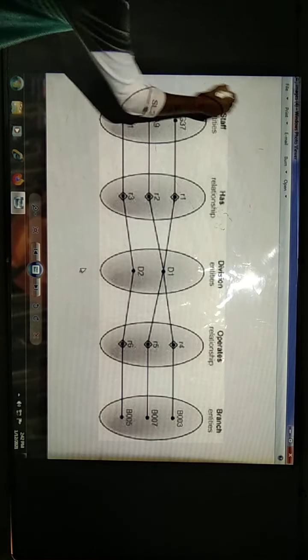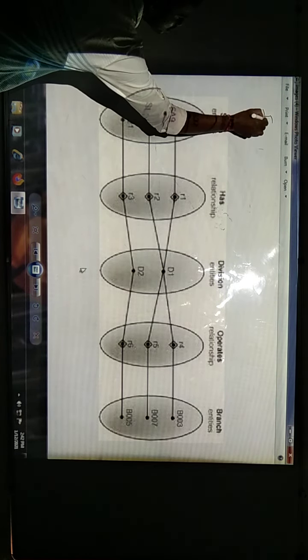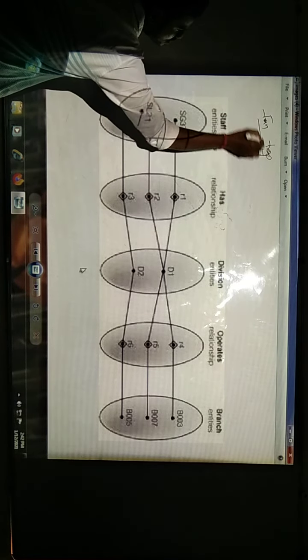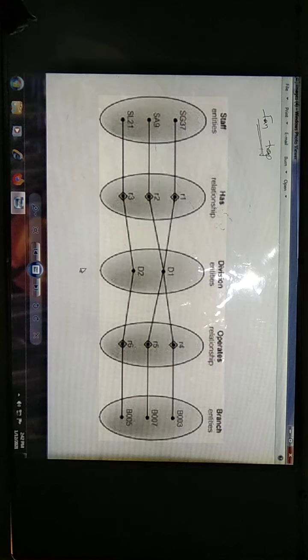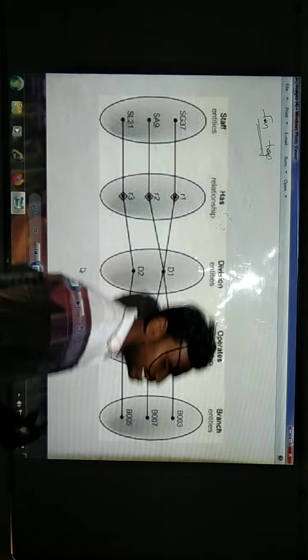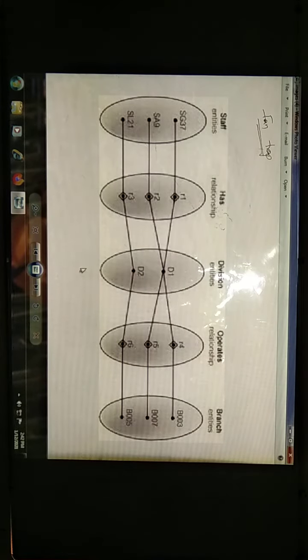The first discussion that we are going to discuss is your fan trap. This event will occur when we are having one to many or many to one relations. Mean to say that a single entity which is having a number of records will be related to a single record in the next relation, and in the next relation that single entity will be related to a number of records.